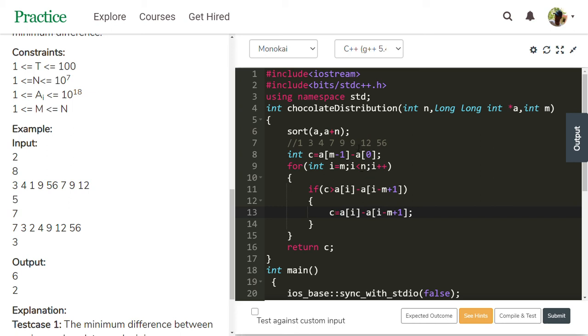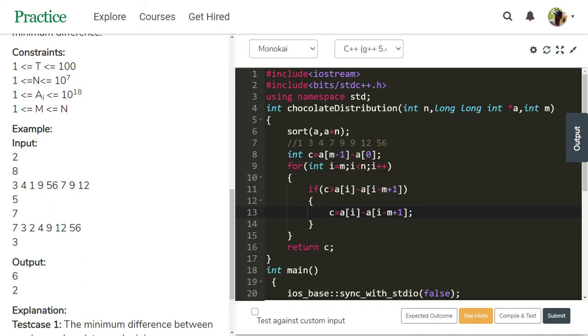See this, a of 6 is 12. 12 minus a of 2, which is 4, is 8. 6 greater than 8 is false. This block does not execute. i increments.